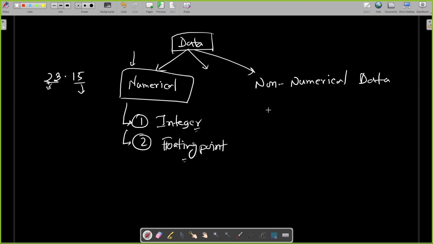And what is non-numerical data actually? Non-numerical data has three types: 1, 2, 3. One of them is character. What is a character? Character means